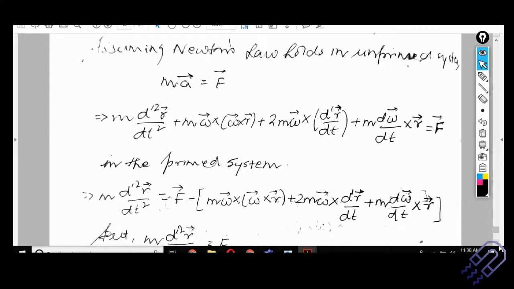Okay, let's just do a bit of Newton's law discussion here. If you talk about Newton's law, force is equal to mass into acceleration, right? This is the force that we're talking about. And if you consider the acceleration that we just got, we can multiply m into whatever a we have. So we have got one term, this; the second acceleration was this, the centripetal acceleration